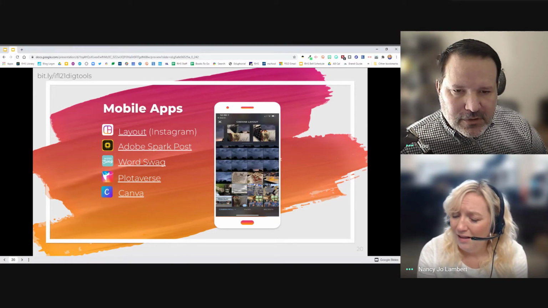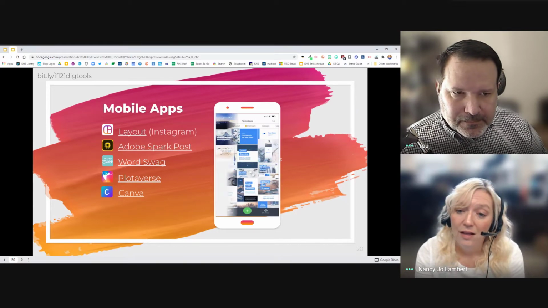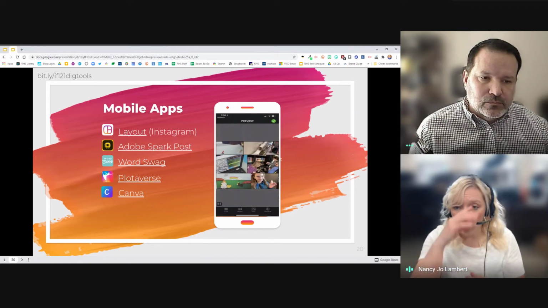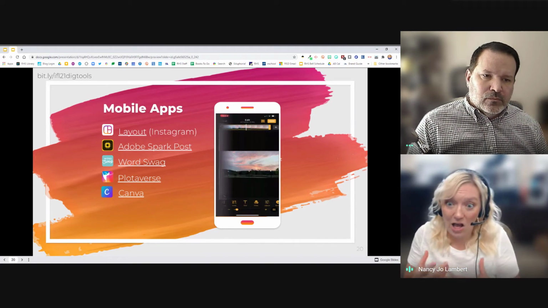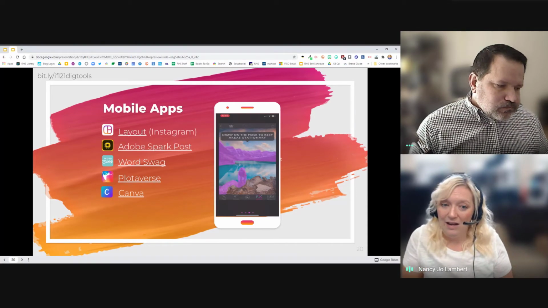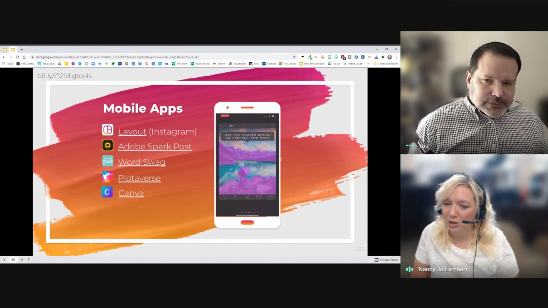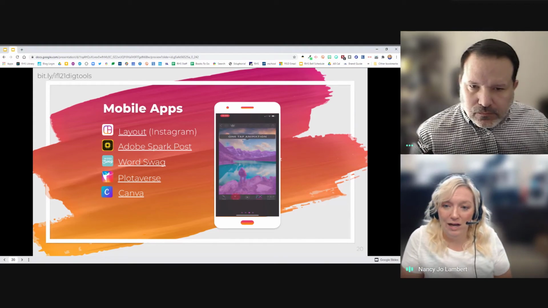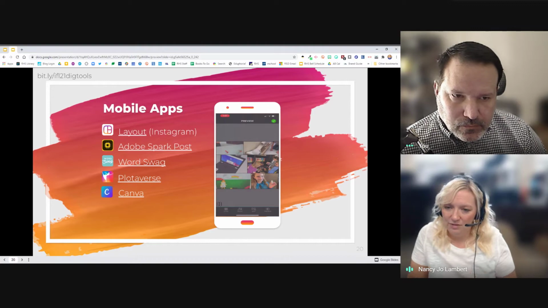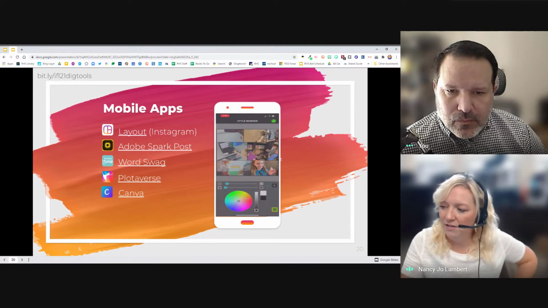So you can design on the go if you need to. And a lot of times what I do with Canva is I might design something for school on my desktop, and then I'll have it on my Canva account, and I can just go to my phone and pull it in, and then I have my Instagram post or my Twitter post, and I can pull in the original file versus some weird version of it. So I like that too.